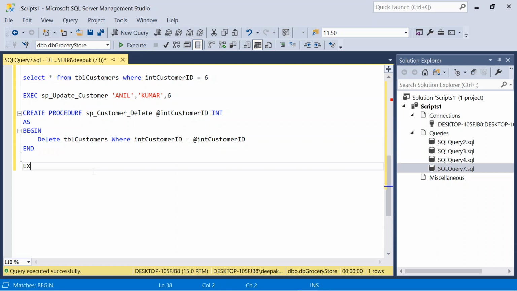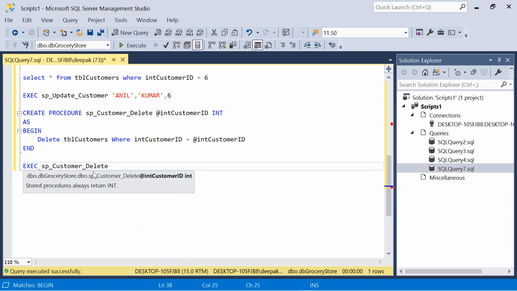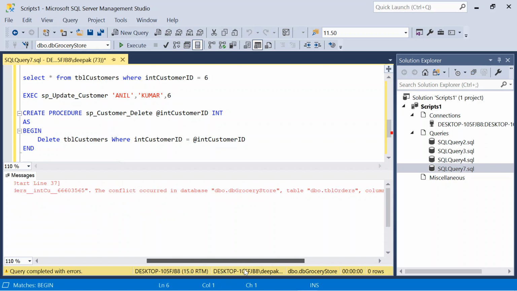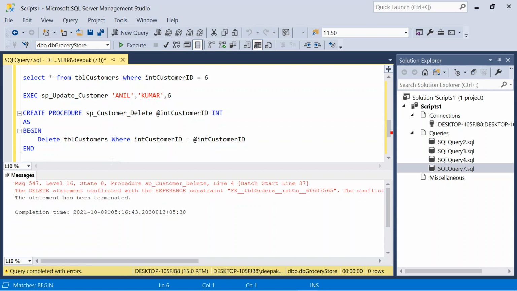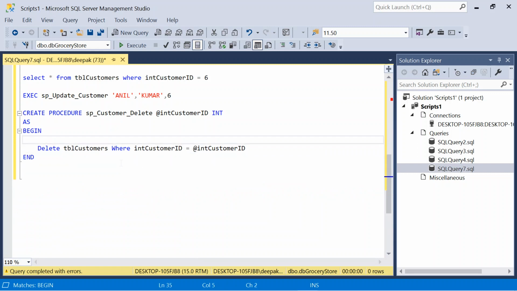Now I will call this customer_delete store procedure with passing the customer ID as 6, and okay, there is basically foreign key references, so we cannot delete directly customer record. We need to remove record from orders table first, right? So here you go, we will write the record from order table as well.